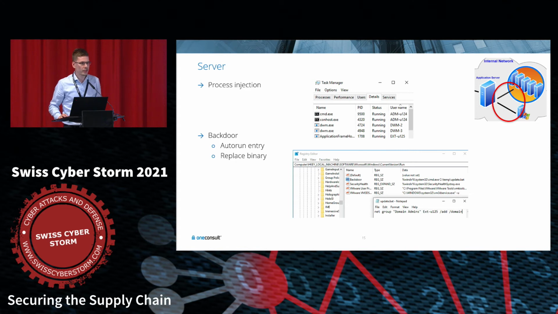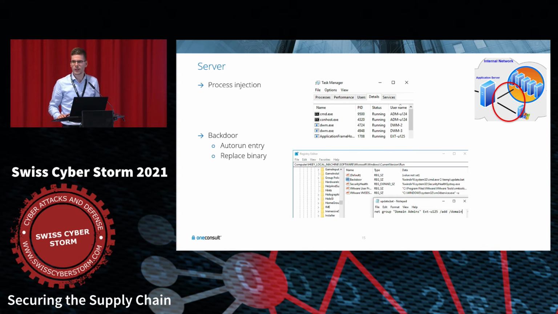In this case, custom tools and additional workload are needed to perform such an attack, but it's still possible, and sometimes in malware attacks the attacker injects code into another process